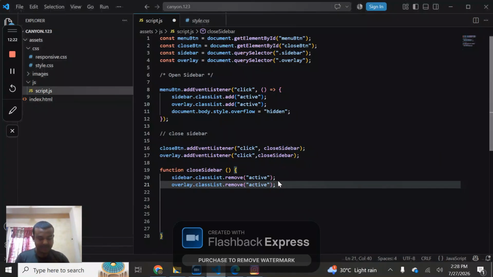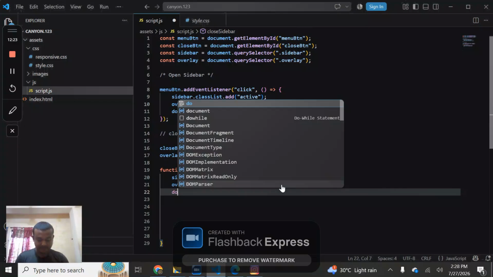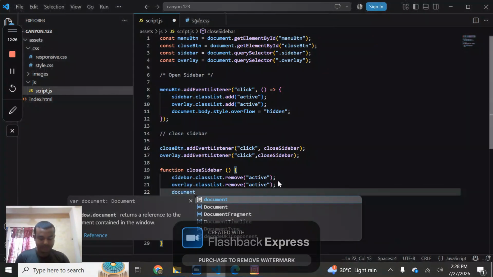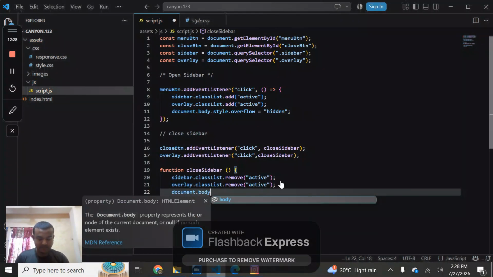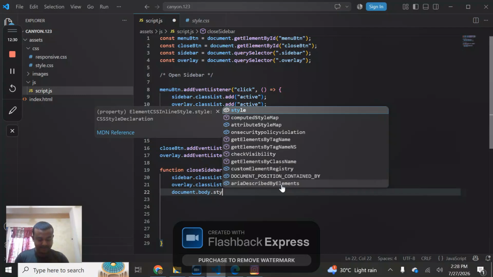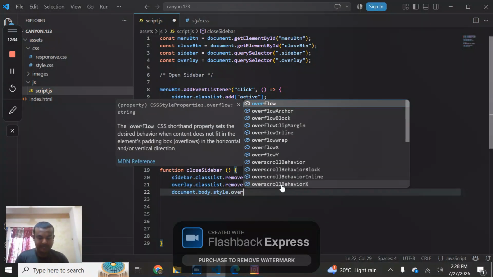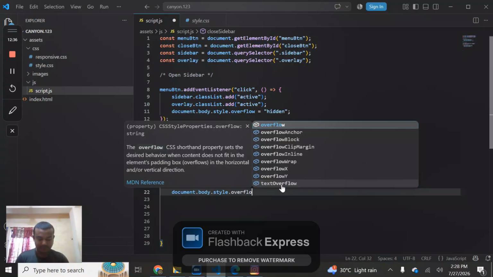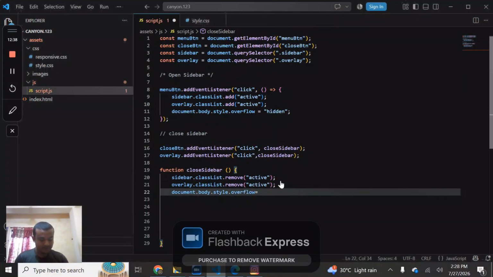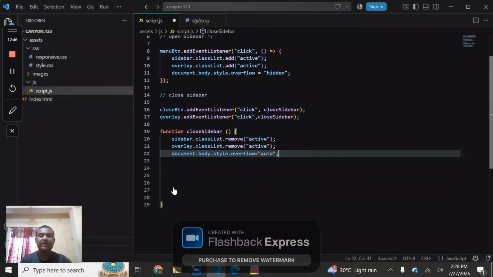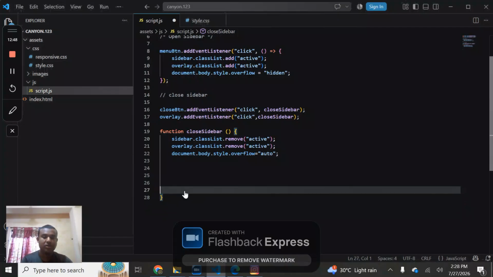Okay, after that, document.body.style.overflow, and it will be auto. This is the rule. Overflow will be auto. Okay, that's it. So our sidebar closing is also